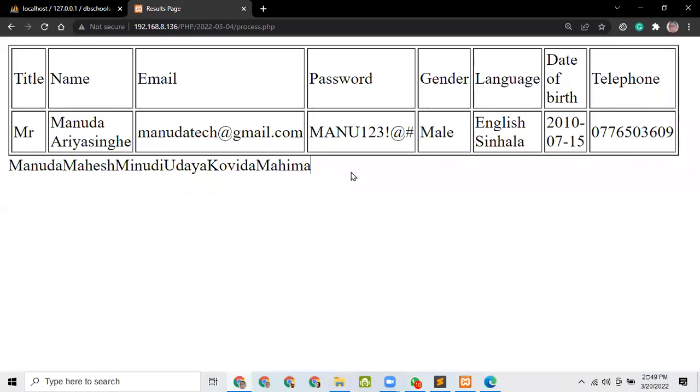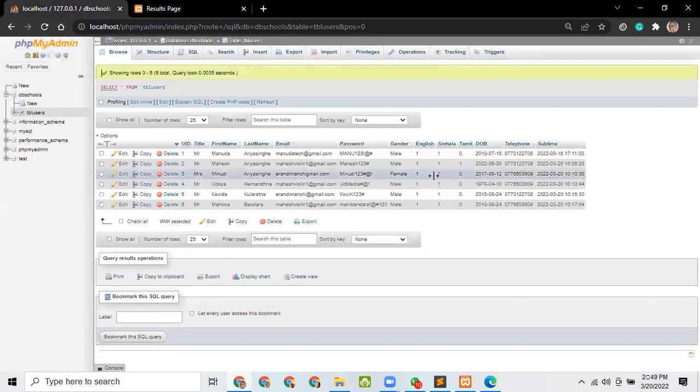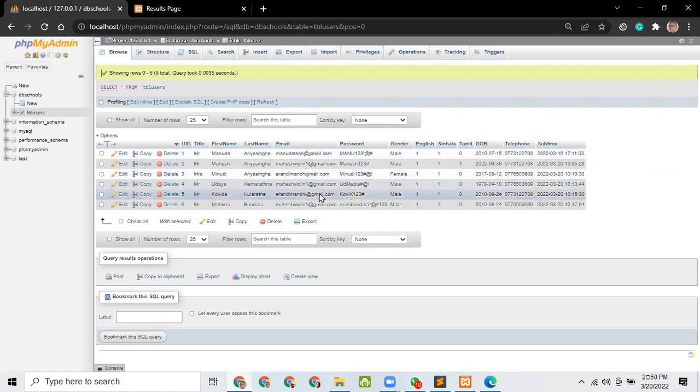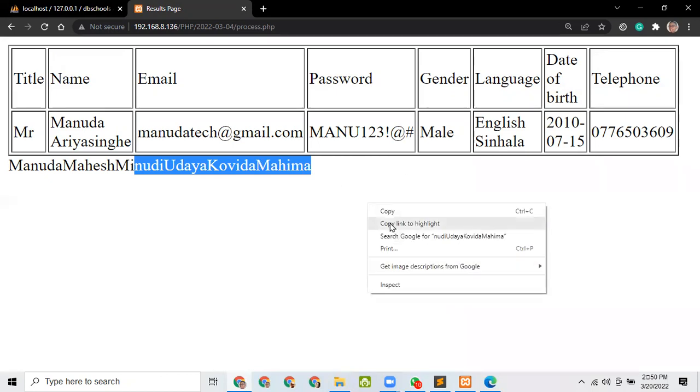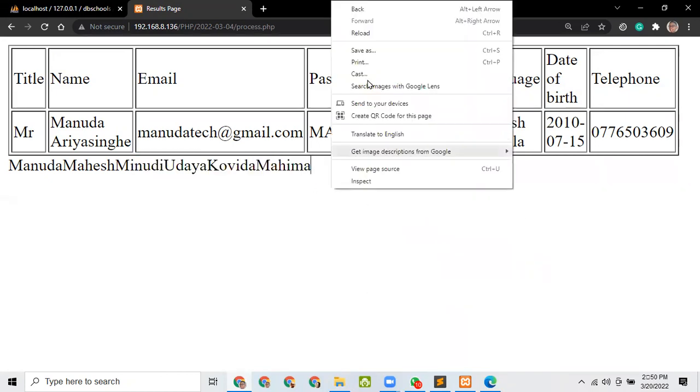When you refresh that, can you show me the database table please? So in this table you have 6 records. When you go and refresh the other page, the result page please, then you'll get all 6 but no spaces, right? You can add spaces. Please go to the coding